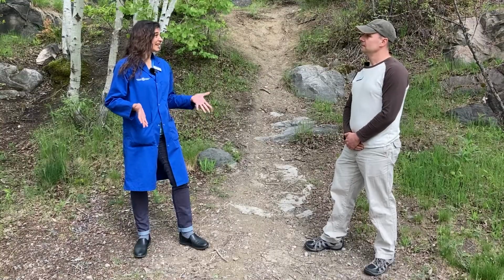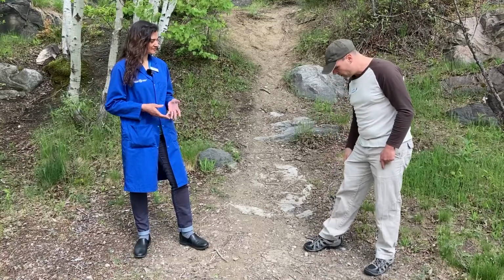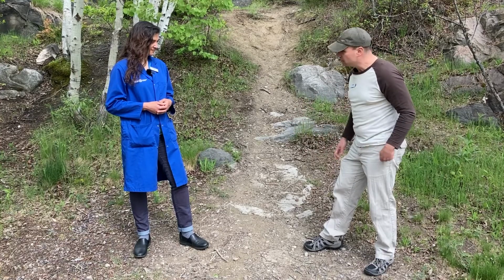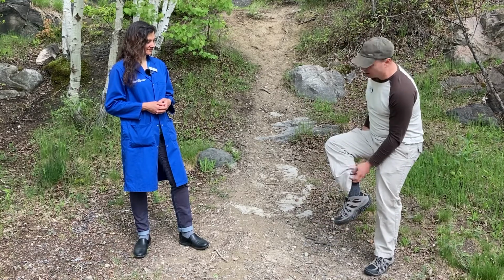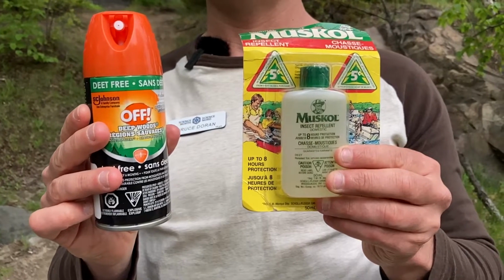So what do we do then? I guess prevent ourselves from infection in the first place. Yeah, so you avoid tick-infested areas such as a wooded area or areas with tall grass. Wear long pants, long sleeve shirts, light colored clothing. It's also good because you actually can see the ticks. The other trick, you can take your socks and tuck your pants into your socks. And you can also use bug repellent, such as DEET or Icaridin. And they now also sell clothing that is bug repellent,